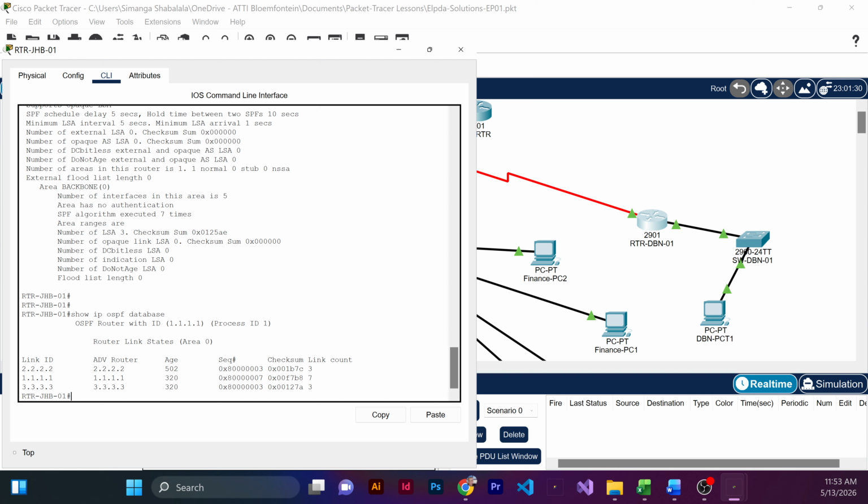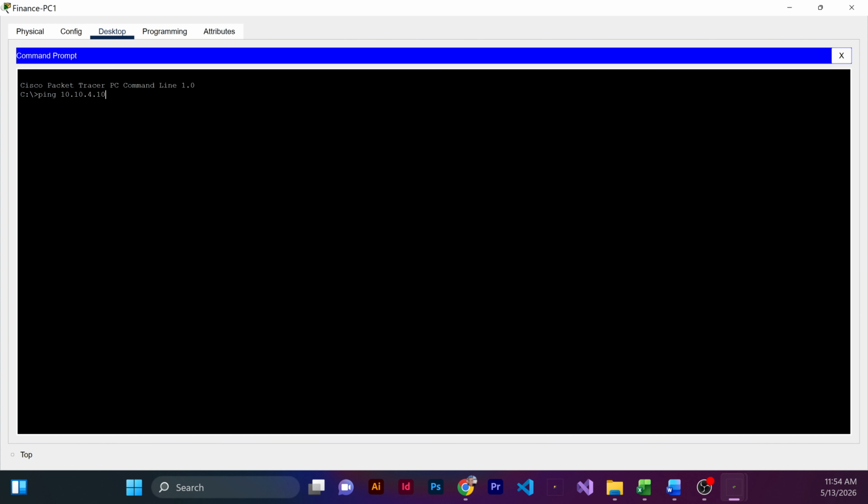So we can go back and test again. I'm going to go to the Finance PC, and then I'm going to test ping somewhere in Cape Town. I'm going to ping 10.10.4.10, which is a computer in Cape Town, and then let's see. It should be working. The first one is always lost, but I never worry. But we see we're getting a reply there. All right, so this is just testing end-to-end